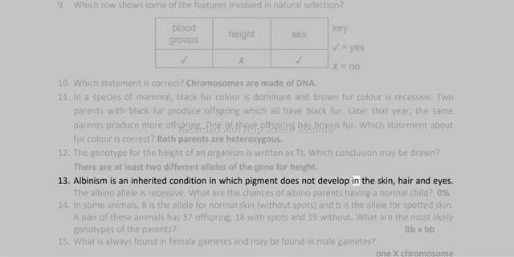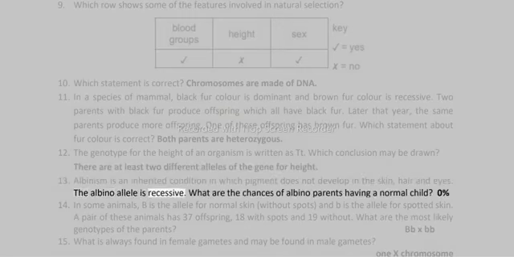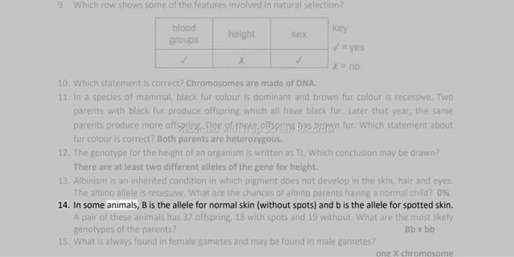Pigment does not develop in the skin, hair and eyes. The albino allele is recessive. What are the chances of albino parents having a normal child? 0%. 14. In some animals, B is the allele for normal skin, without spots, and b is the allele for